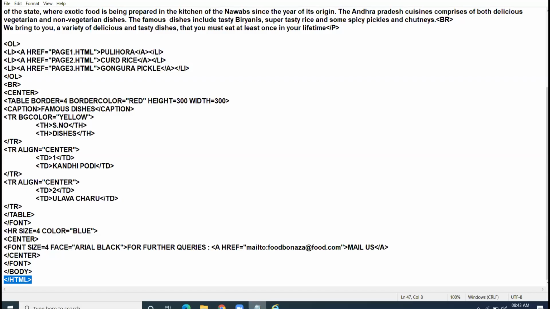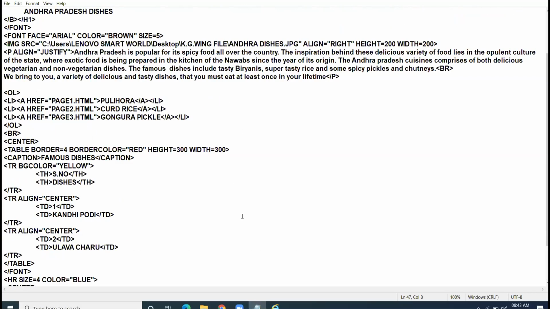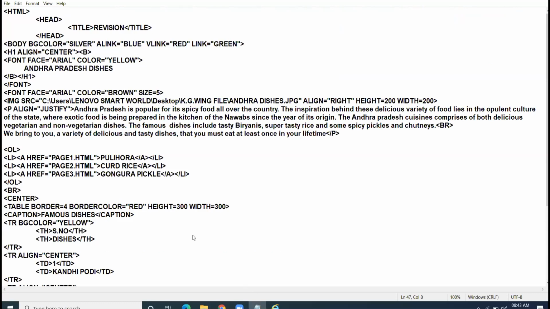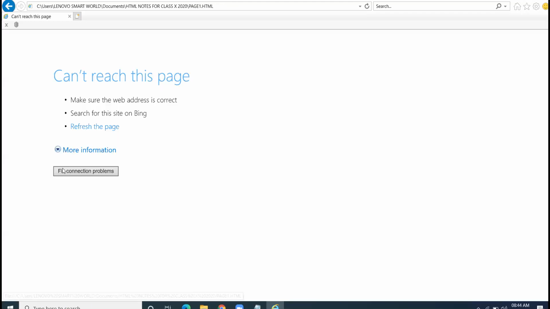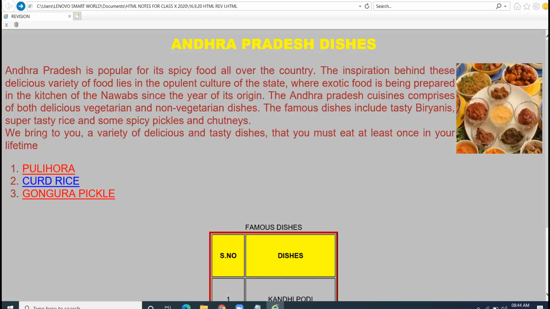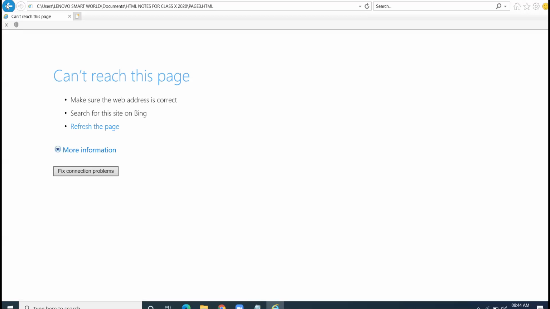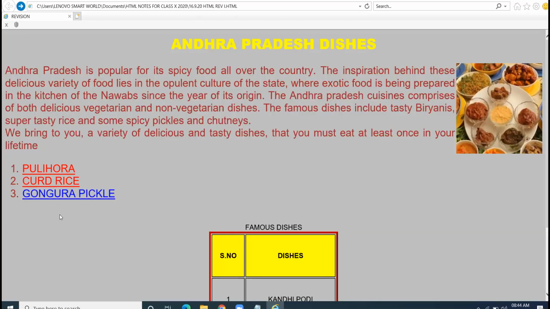See the coding. When I click on this hyperlink, notice the change of the color.